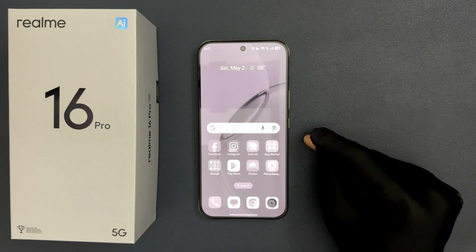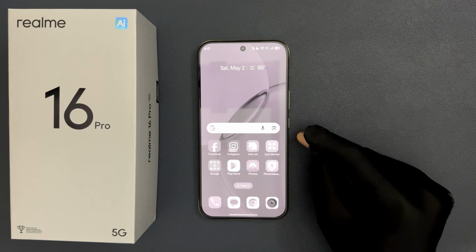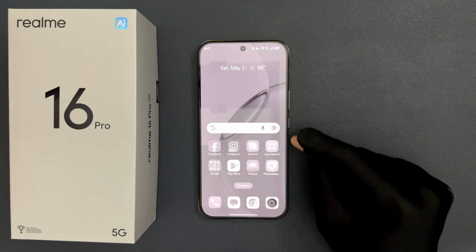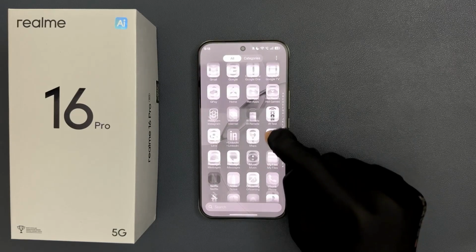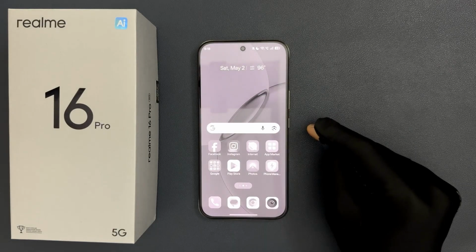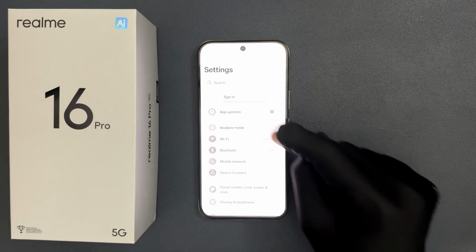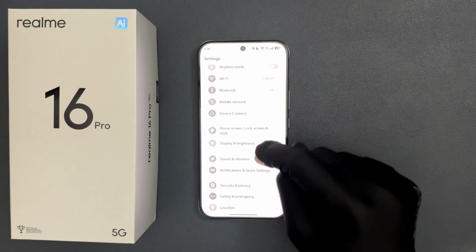Hey guys, in this video I'm gonna show you how to fix black and white screen on Realme 16 Pro 5G. So let's start. So you can see my Realme 16 Pro 5G screen is black and white. So to fix it, just open your settings app and then scroll down to